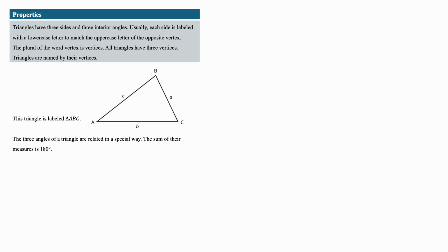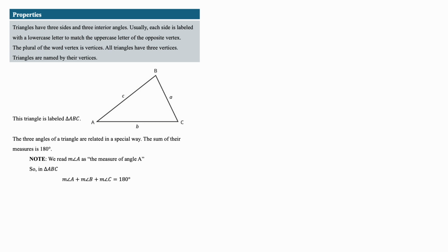The three angles of a triangle are related in a special way: the sum of their measures equals 180 degrees. So we read the measure of angle A, that symbol, as the measure of angle A. So that m and then that little symbol A is read as the measure of angle A. So in triangle ABC, the measure of angle A plus the measure of angle B plus the measure of angle